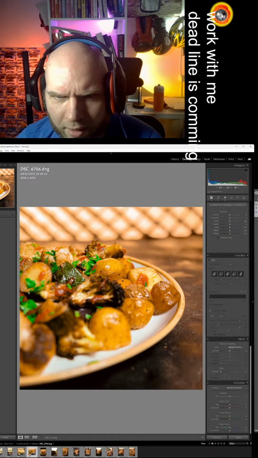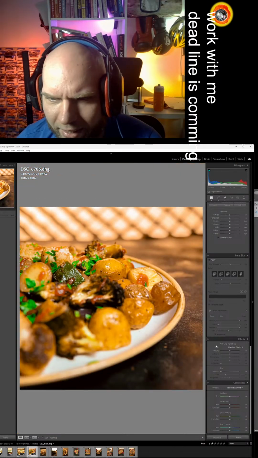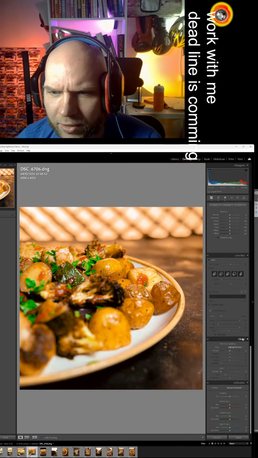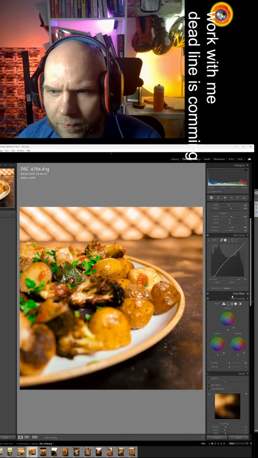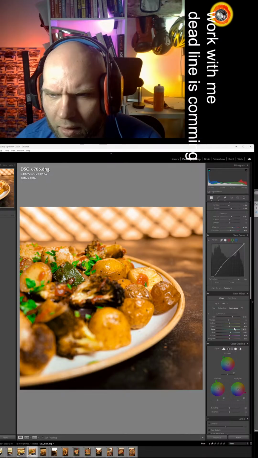I see that the green colors are a little bit weird. Let's check them out. Our color mixer, saturation.